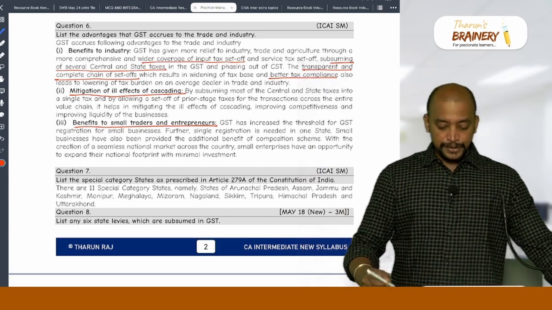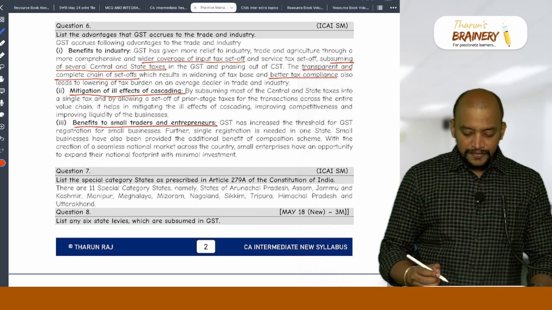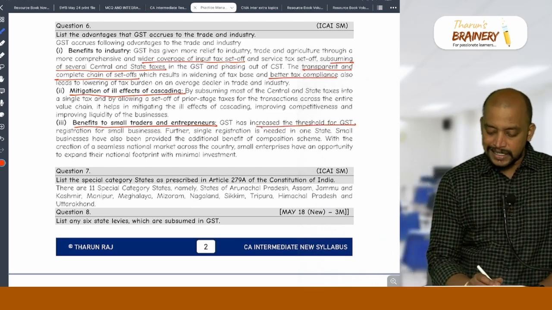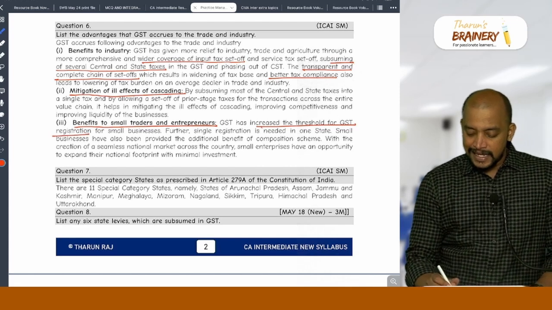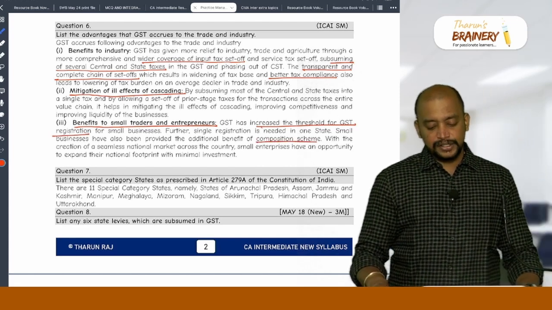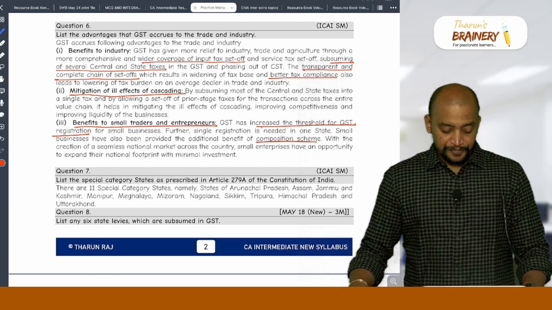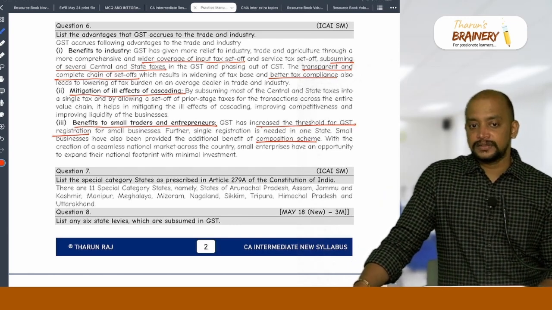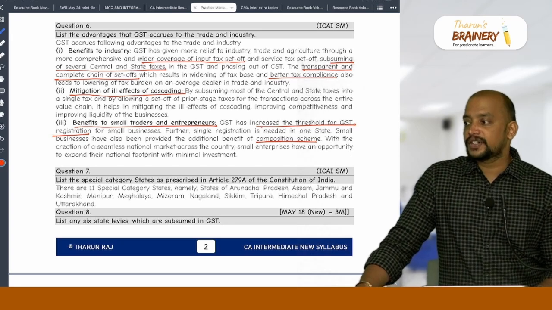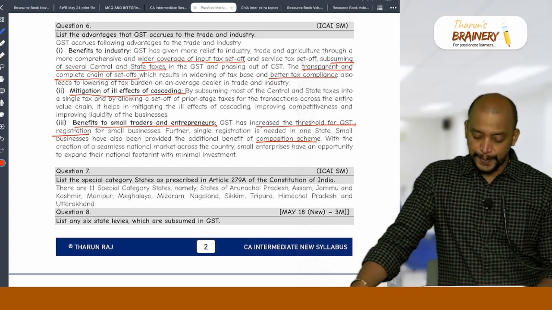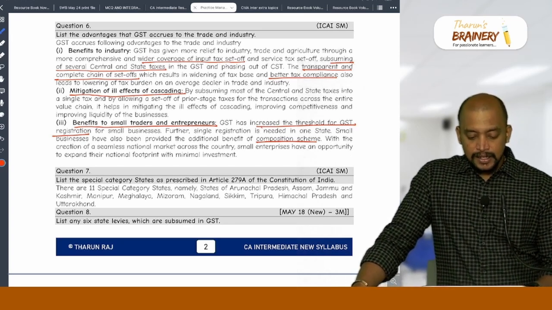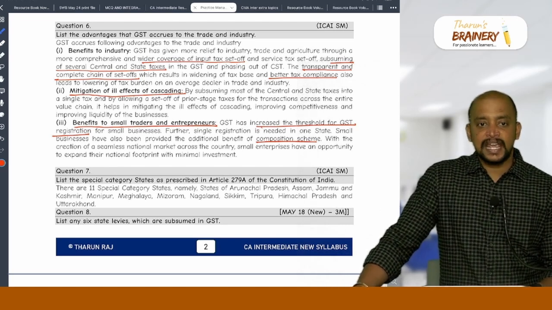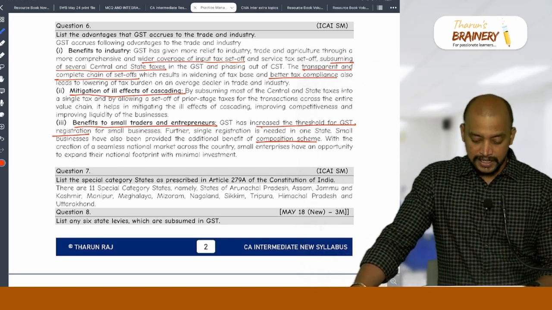Okay. So what are the benefits? First, registration: an increased threshold for GST registration, and then the composition scheme. These are the two benefits they are giving. Threshold means limit, after crossing which they need to register. Understood? So these highlighted points, you need to write in the answer if you get a theory question. Then next,